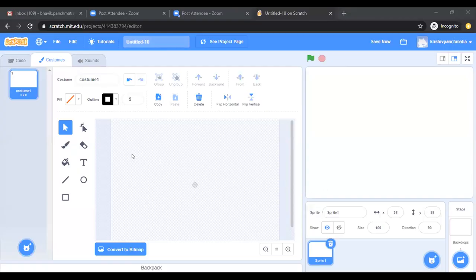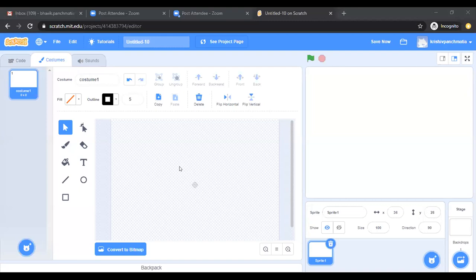Sir, after creating the sprite, what do I do? I'm just waiting. Sir, who is sharing? Either Krish has to share or Krishav has to share. Let's see. Okay, Krishav has shared.